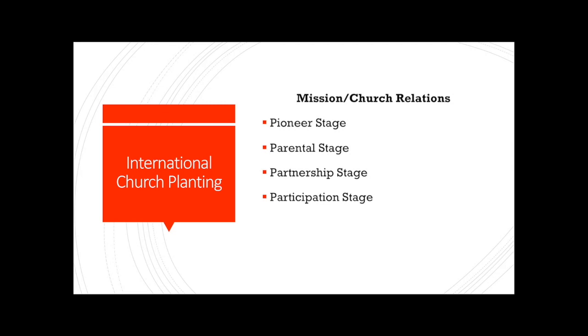Others would argue that it's very important to maintain a relationship during this participation stage to help strengthen the church, to lend insight into theological education, the development of leadership training, and the continued growth of the maturity of the national church. Either way, at some point it's going to become necessary for the missionaries to transition out of leadership and for the national church or the insider people from within that people group to take the role of leadership